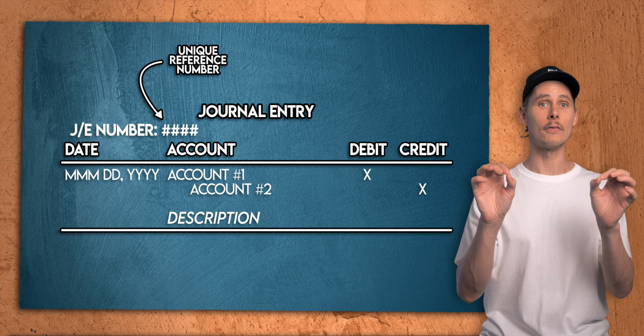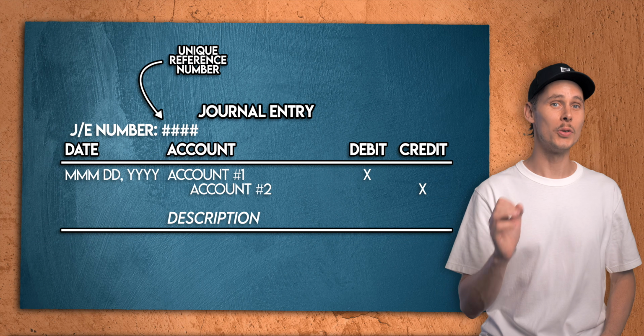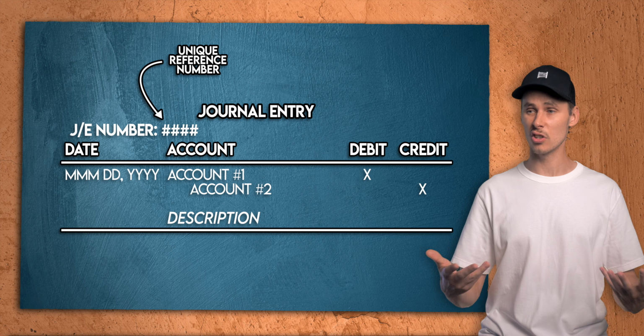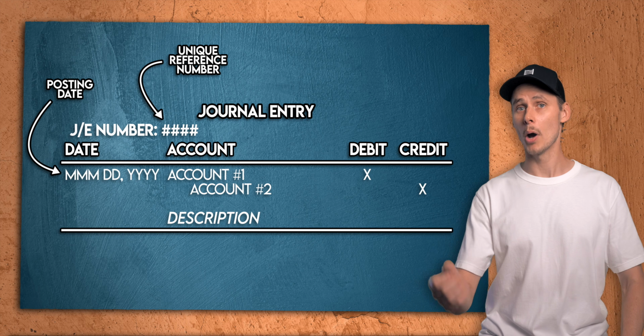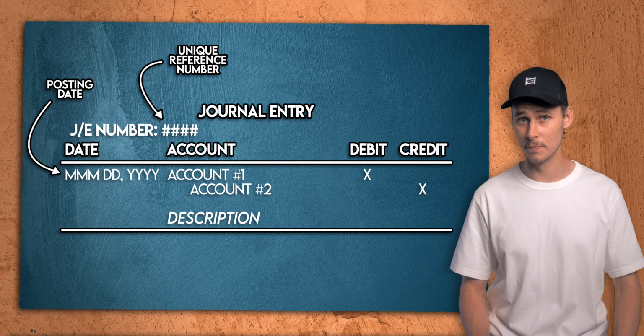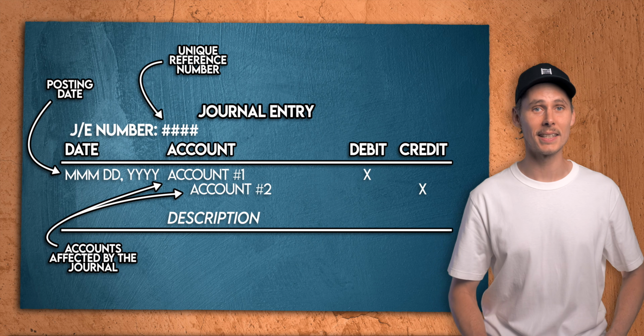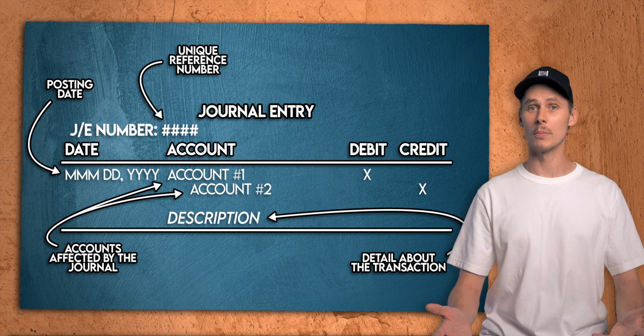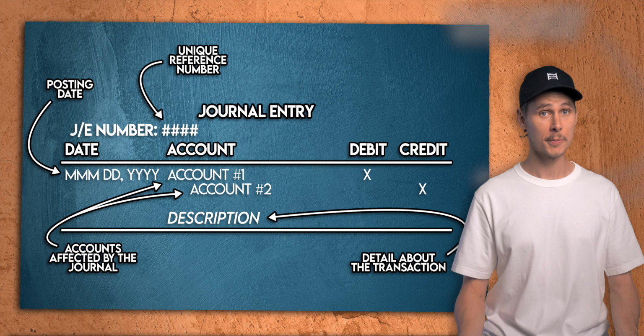At the top, we have the journal number. This is unique to the transaction and allows us to track it. To the left, we have the posting date, which lets us know the accounting period that the transaction falls in, followed by the accounts impacted by the transaction, a short description which explains its purpose, and then we have the